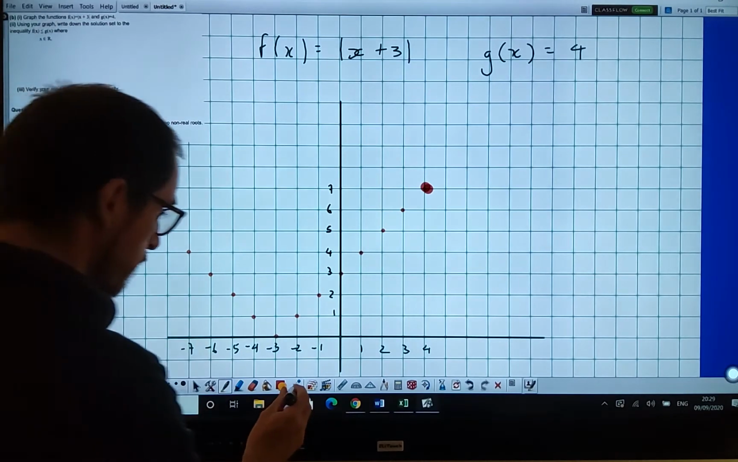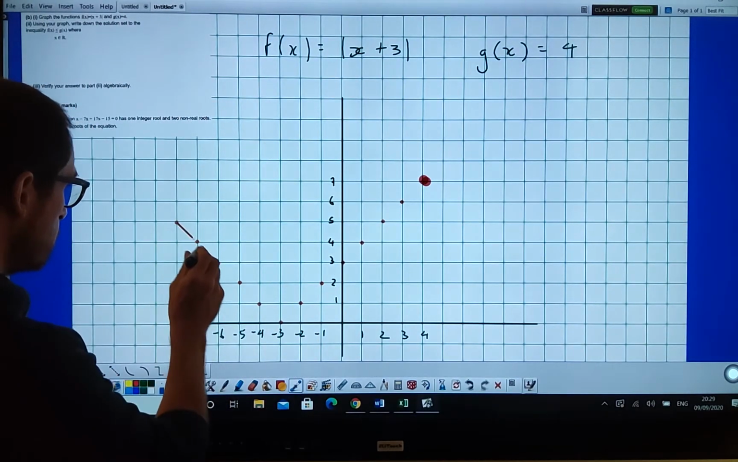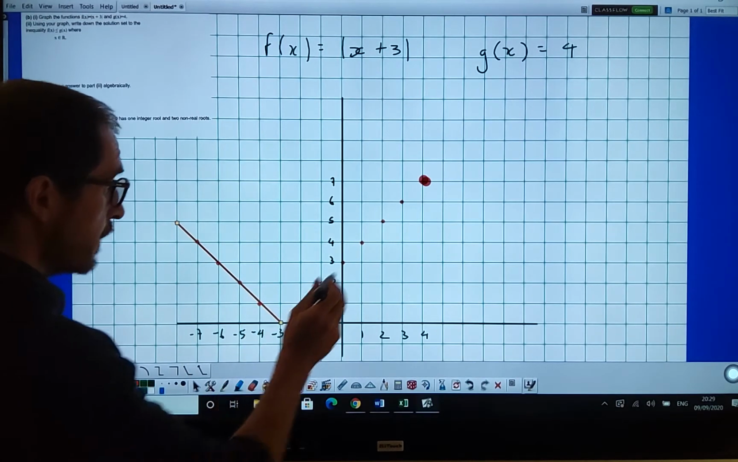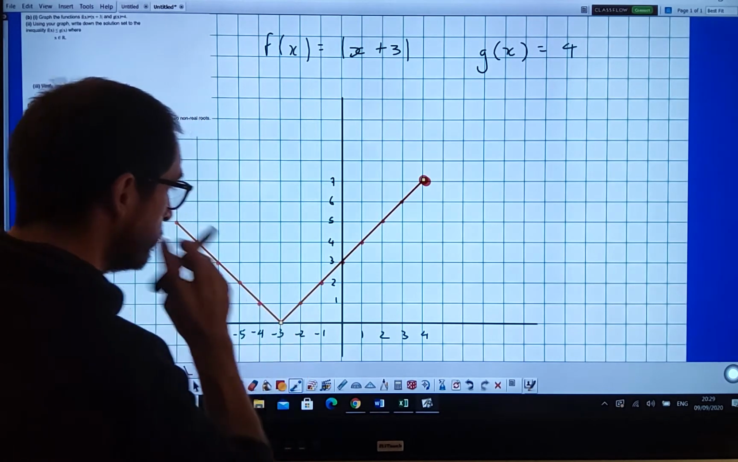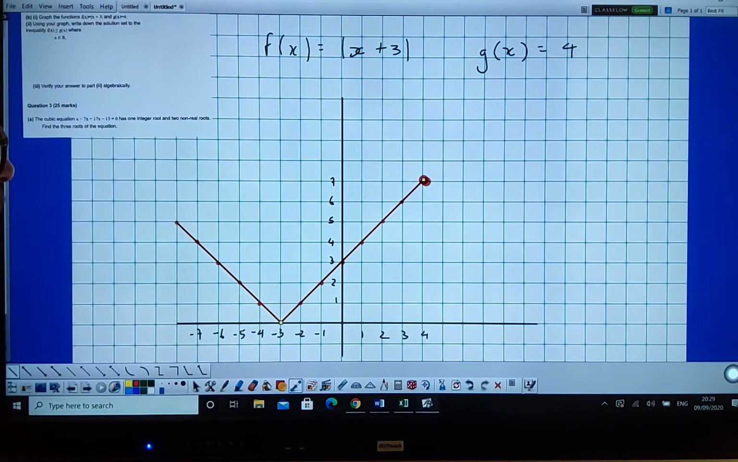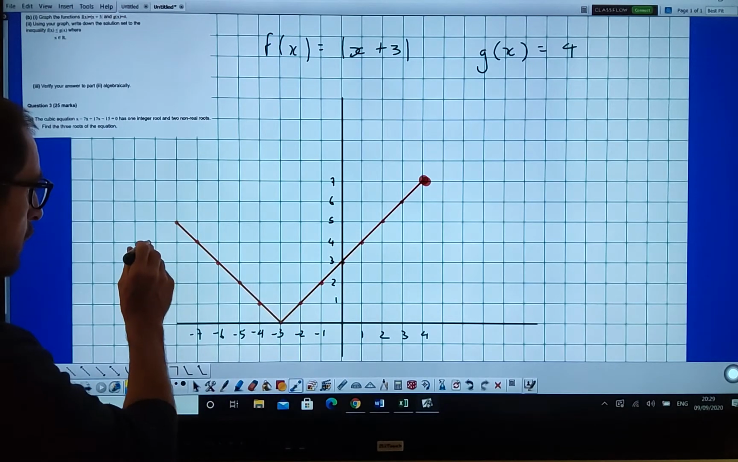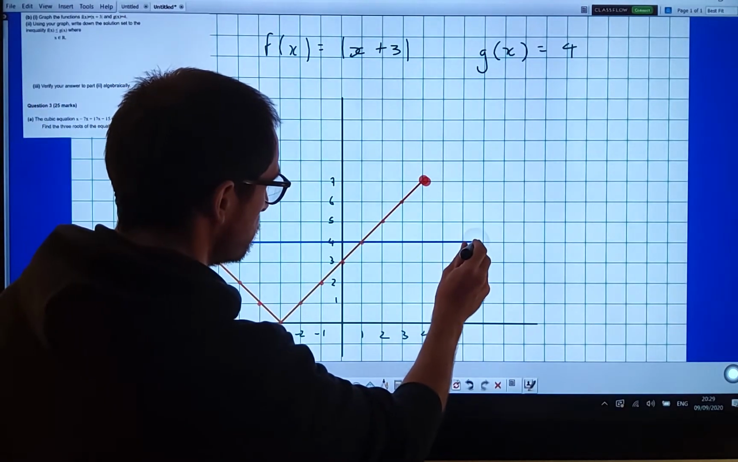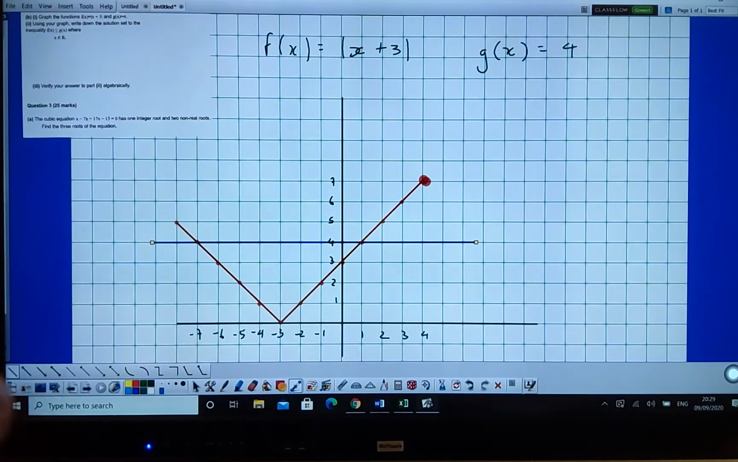So then to draw that, you just do this. Down as far as there. And then all the way up here like that. Okay? So that's that drawn there. Now, g of x is equal to 4. So for g of x equal to 4, you go to 4, and draw your line across. Okay? Now, you're asked then to find, by writing the solution set to the inequality, where f of x is less